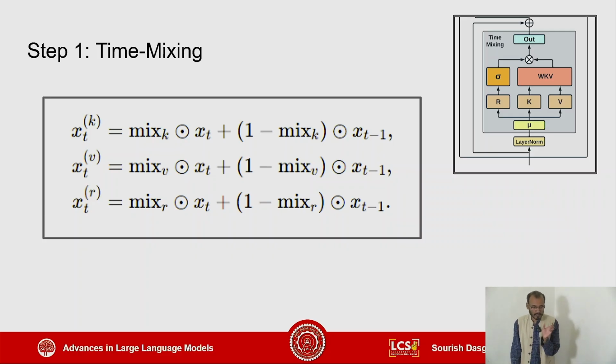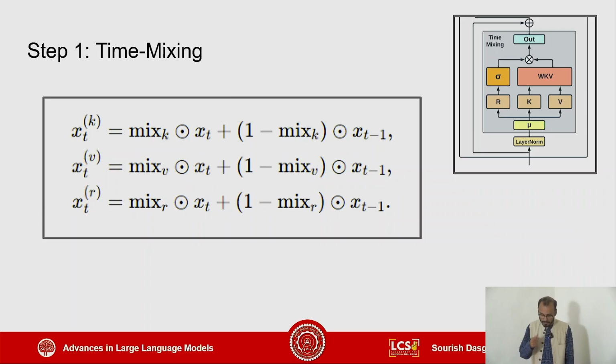So let's look at these two words only, just bigram, very simple. And let's try to see what would be the percentage of Mary that I should bring in, and what should be the percentage of loves that I should bring in. So this mix k,